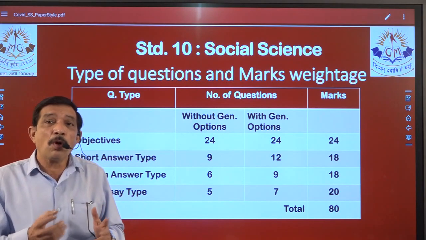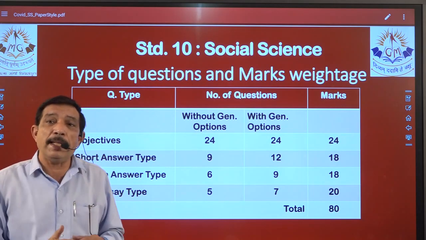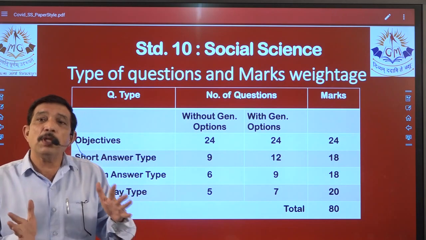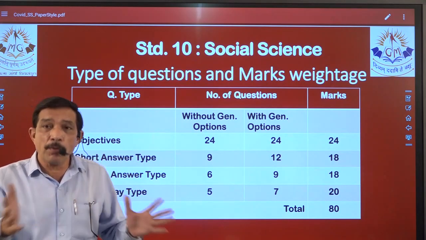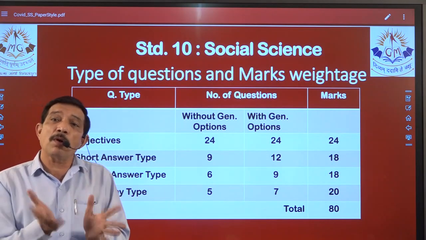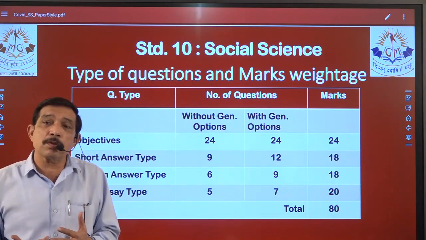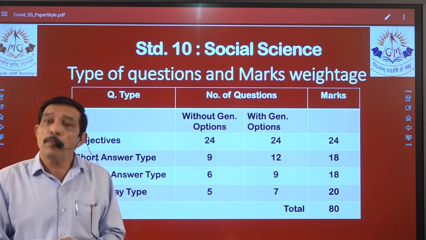You do not have an option which is suitable for one question only. Out of 13 or 14, you have to attempt 12. So that is the meaning. You have a broader option. If you are well acquainted with one of the chapters and you find 2 questions of that, then it becomes easier for you because you have prepared that chapter properly.